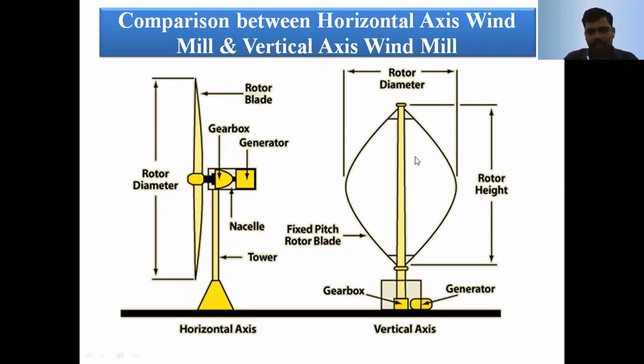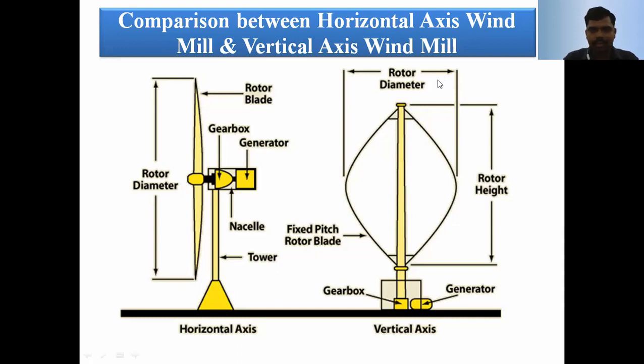In the vertical axis windmill, that is less than 1 meter per second. In horizontal axis windmill, the noise is 50 to 60 decibel. In the vertical axis windmill, the noise is 0 to 10 decibel. In horizontal axis windmill, the failure rate is high. That is due to the effect of birds and bats hitting the blades, because the structure is tall.